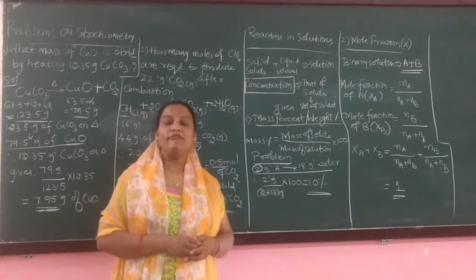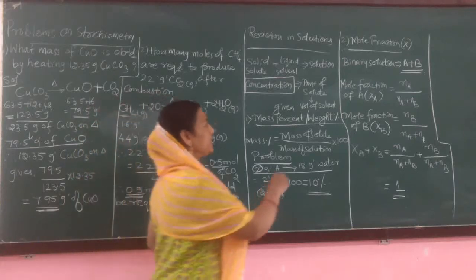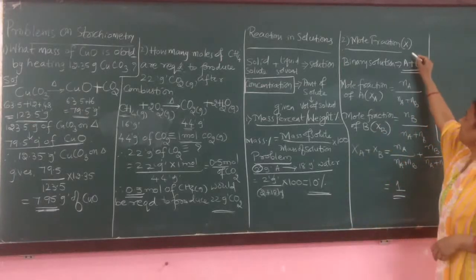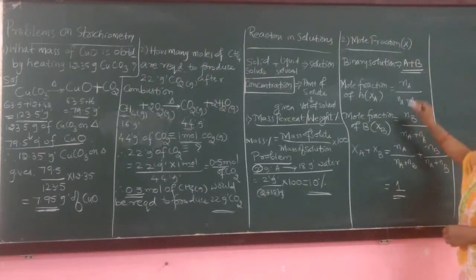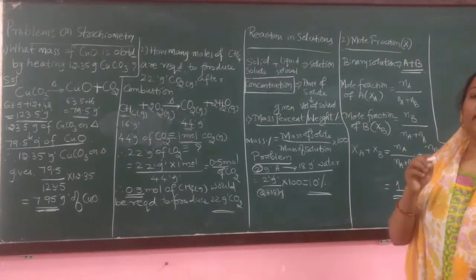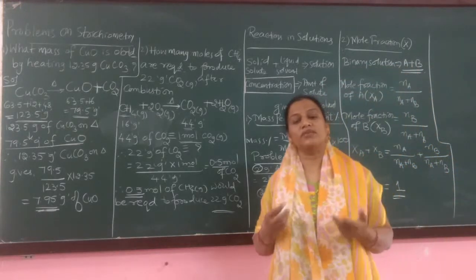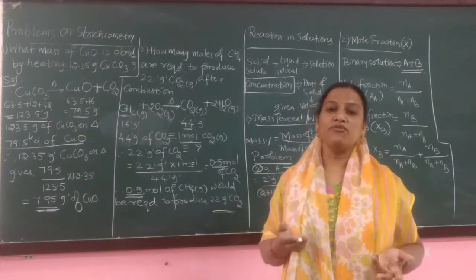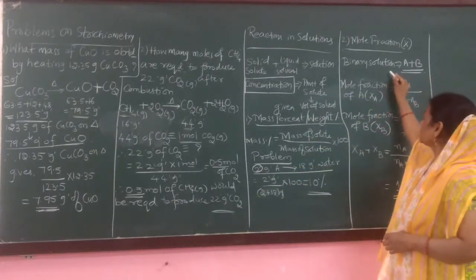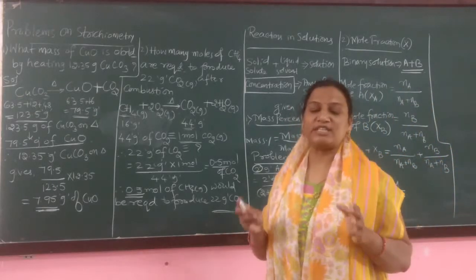Now the second way of expressing the concentration of the solution is mole fraction. Its symbol is capital X given here. So it is expressed in terms of capital X. We define mole fraction as the number of moles of one of the components. So solution may contain 2 or 3 or 4 or many number of components together. So we define mole fraction as number of moles of one of the components to the total number of moles of all the components present in the given solution.